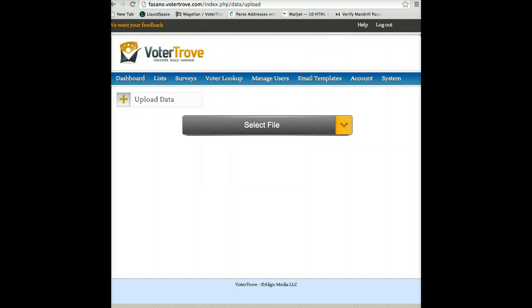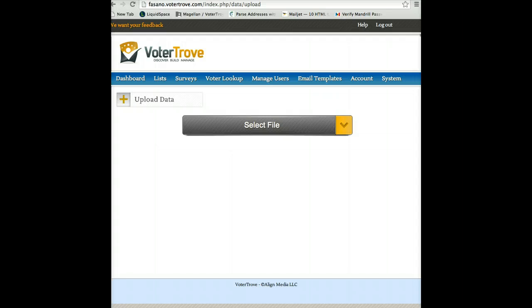So basically, this is a situation where you've downloaded data from VoterTrove from your master database in a raw format through our Build Your List page with that VoterTrove ID field in your data. You've sent it off to a vendor to append consumer data or whatever kind of data you want to append to your file to bring back in. Now what we're going to do is bring that data back in and match that up with that VoterTrove ID to your central voter file in VoterTrove to have that data be available on the Build Your List page to